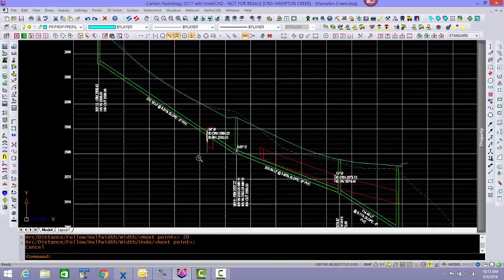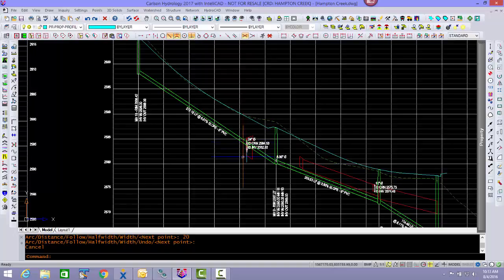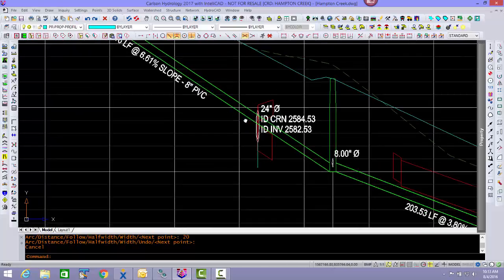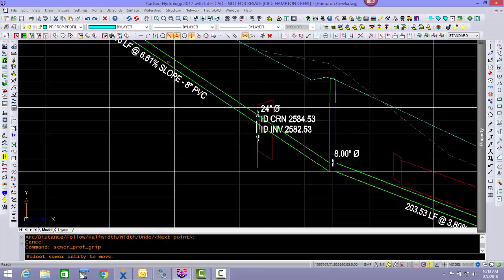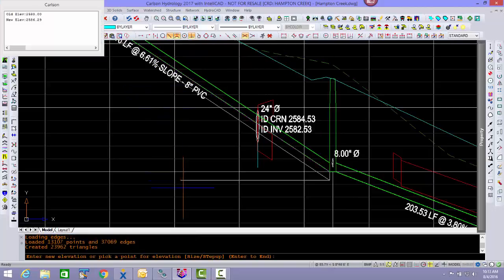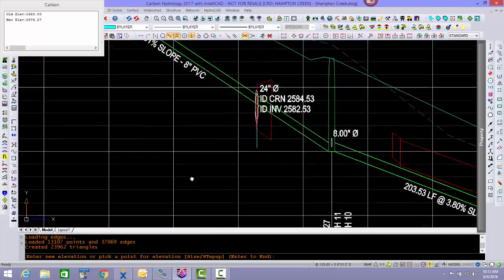If we don't do something, we're going to have to do something, because if we lower this down, this pipe run is going to become very, very steep. Now, let's see what it looks like in profile view. It's going to become really, really deep because we're just going to bring it down to about, I don't know,